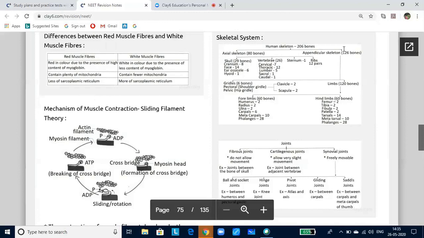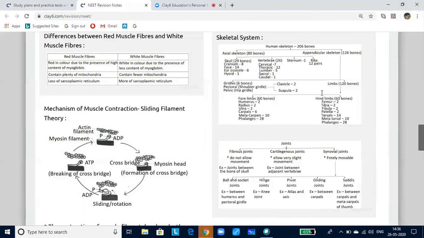Cheekbones are called zygomatics. The vertebral column of a human consists of 33 vertebrae. There are 12 pairs of ribs on the human skeleton. The first 7 pairs of ribs are known as true ribs, while the 8th, 9th and 10th are false ribs, and the last 2 pairs, the 11th and 12th, are known as floating ribs. Now you can look into this organizer to understand the different kinds of bones present in the human body. Now, what are the functions of the skeletal system?